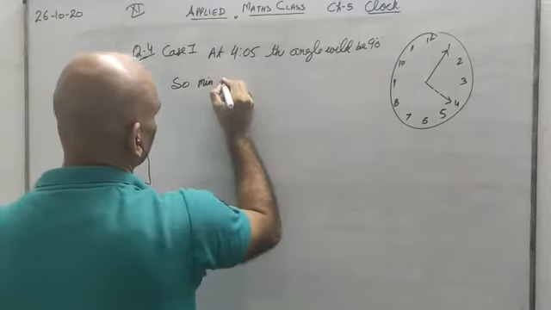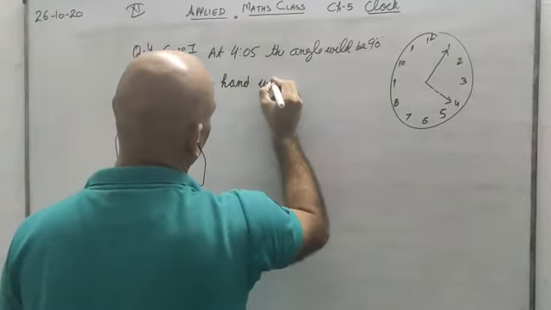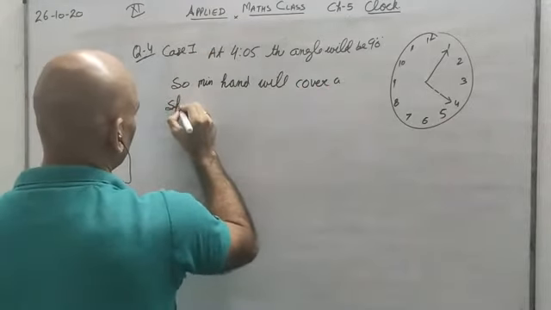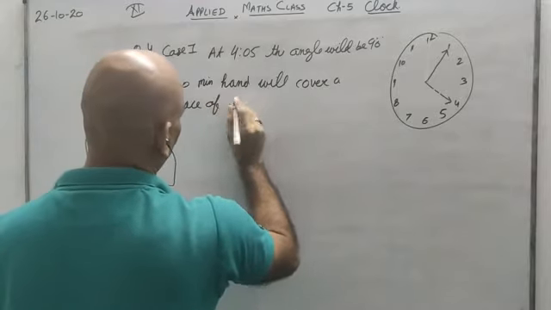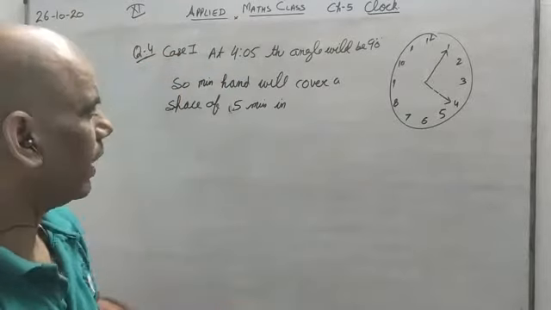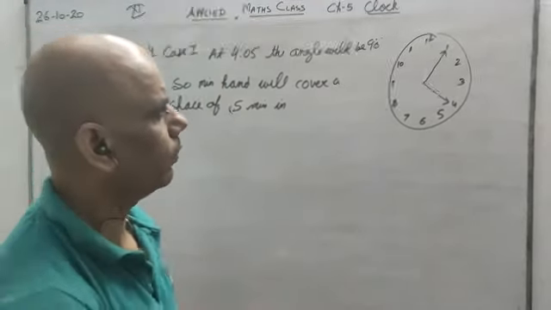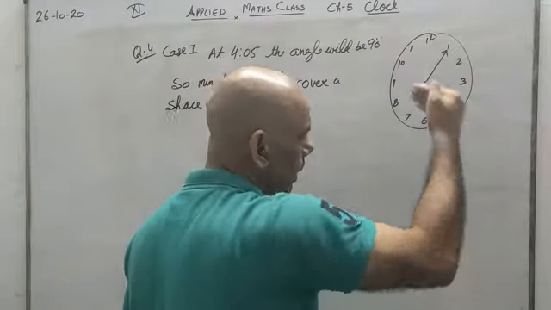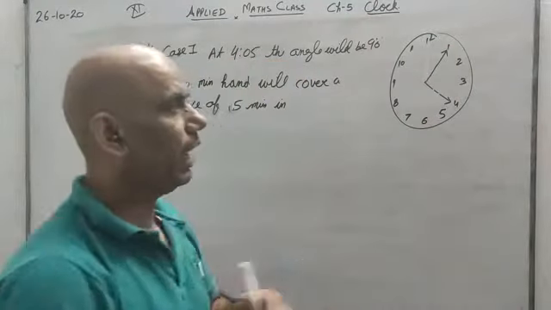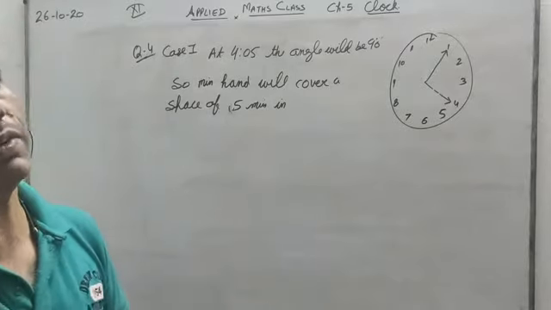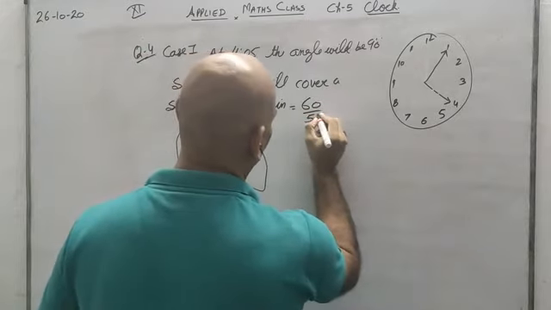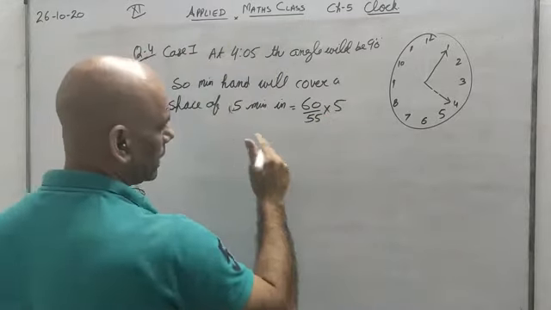So the minute hand will cover a space of 5 minutes. Now look, what is this concept? 5 minutes in, what does this mean? This means when the minute hand moves, at exactly the same time the hour hand also starts moving. So if this has moved in 5 minutes, this also moved, then the angle is not 90 degree. So at what time it will be 90, that we are calculating. So that is the 60 by 55 concept into 5 minutes of space that we have to cover.